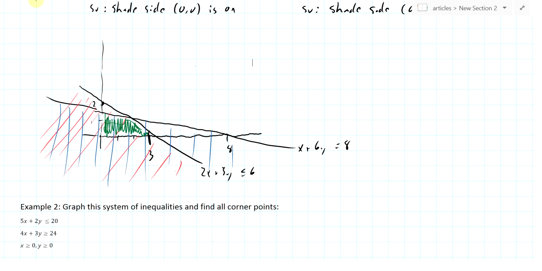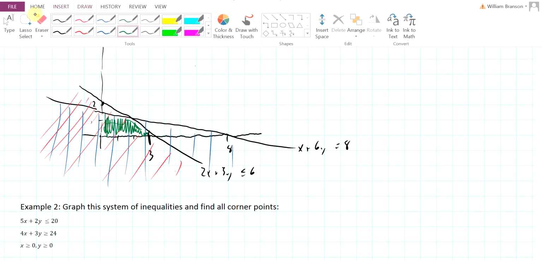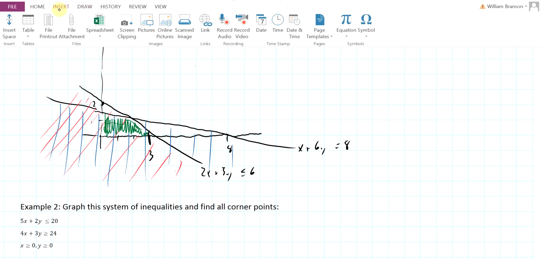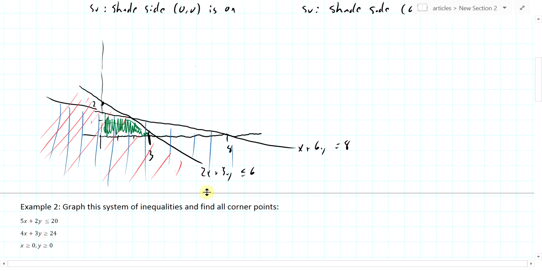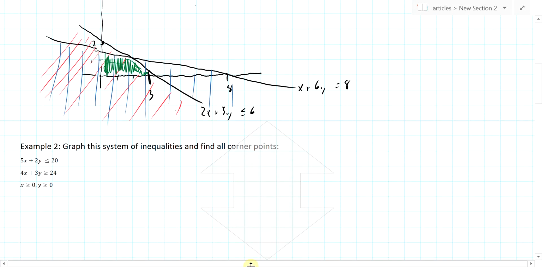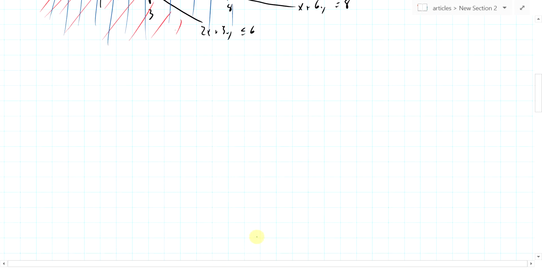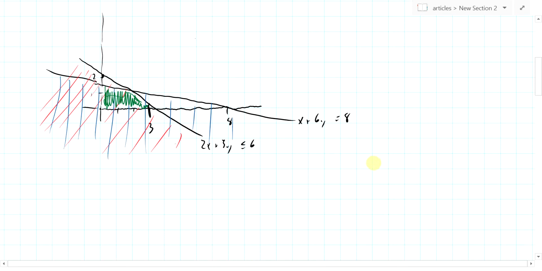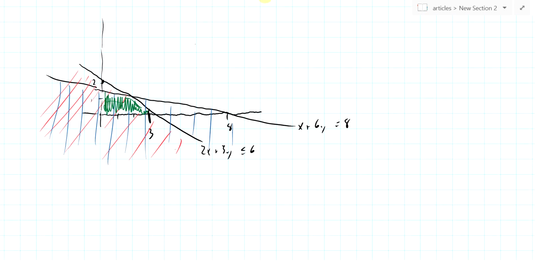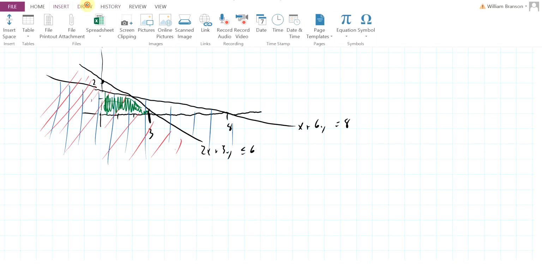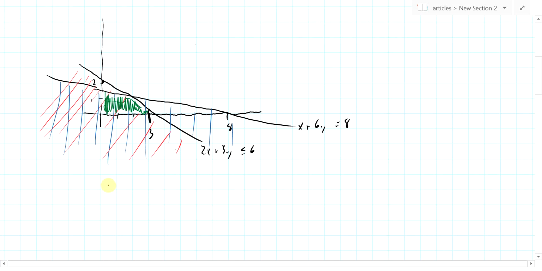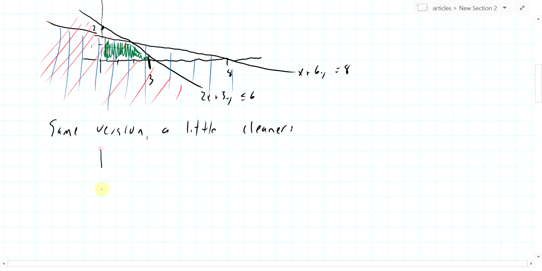Okay, so if I give myself a little bit more space here, what's my insert? Insert space. Come down here a little bit. We can draw the same version, but a little tidier now. Go back to my black pen. So what we have is